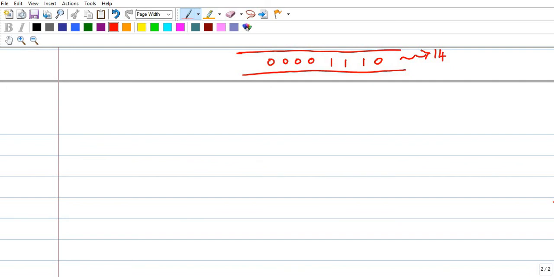So next one, bitwise NOT. You can find the tilde symbol above the tab key.